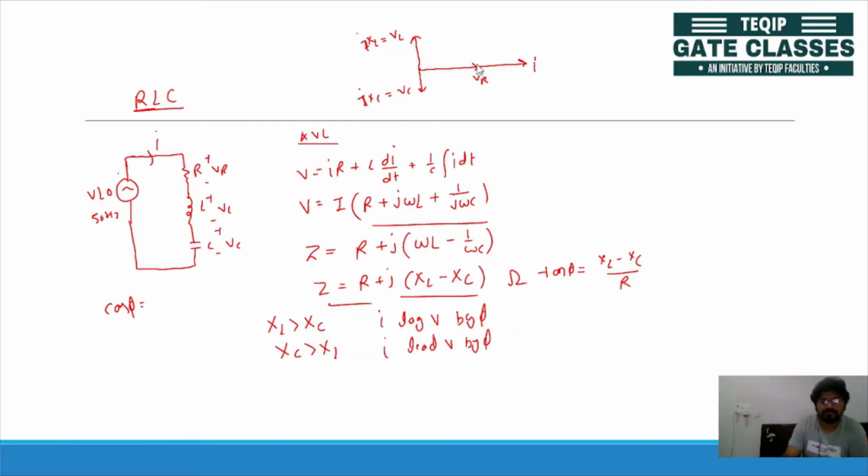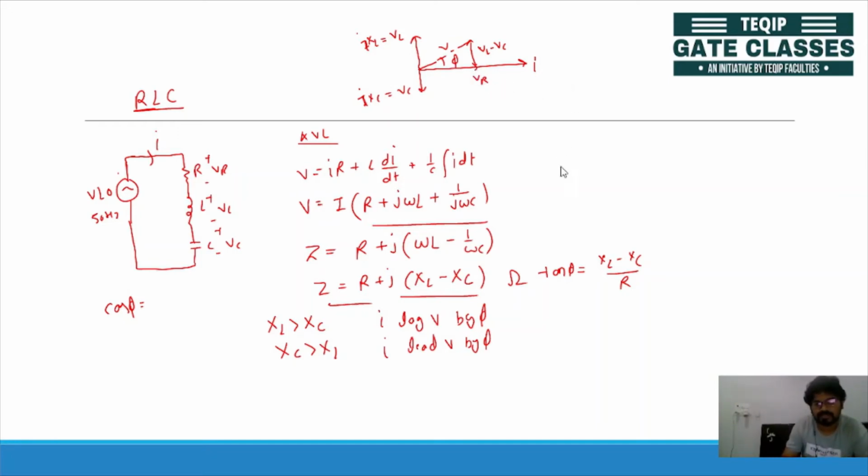So depending upon the value of XL and XC, which is greater than the other. If you have XL greater than XC, then you will get a phasor here called VL minus VC, and your resulting voltage will be here, this V, and the voltage will be leading by some angle phi, because if XL is greater than XC, then your circuit will have lagging effect.